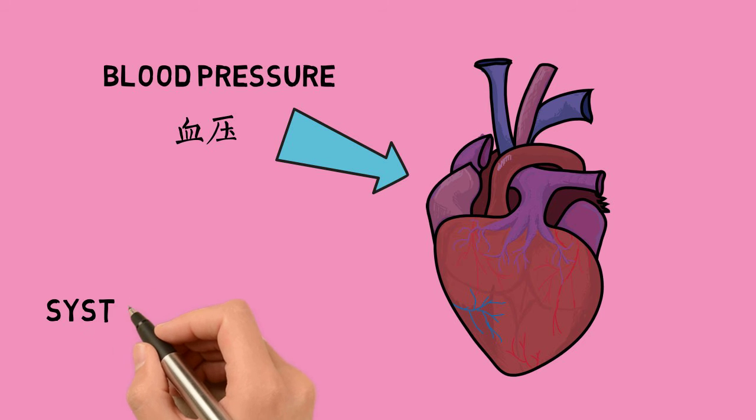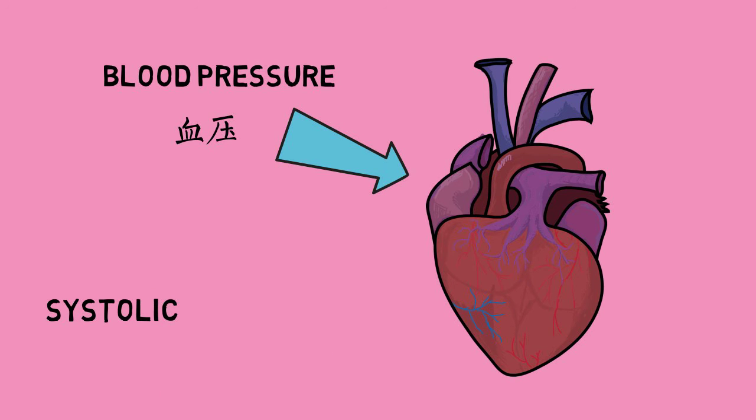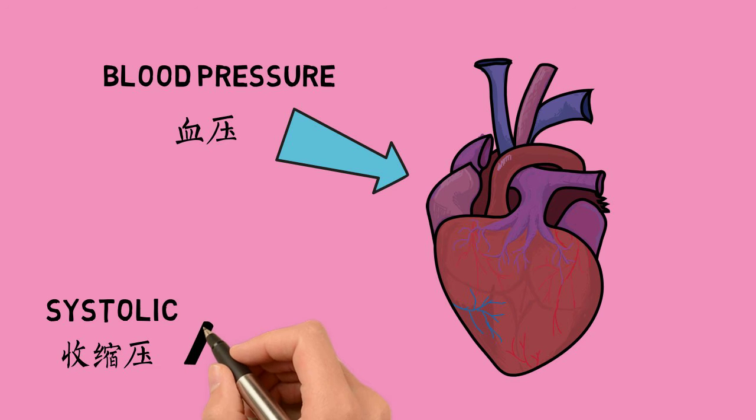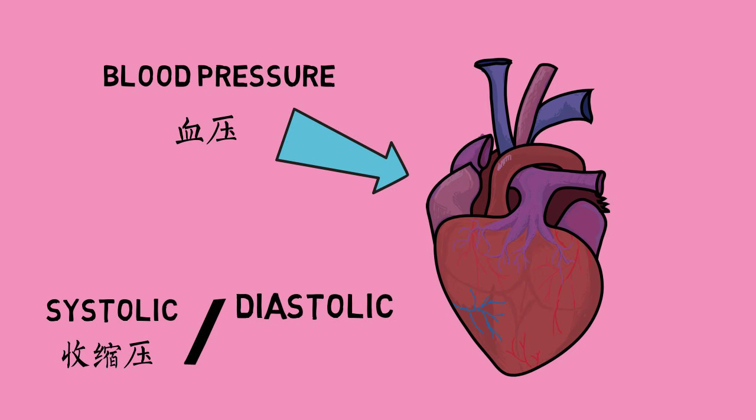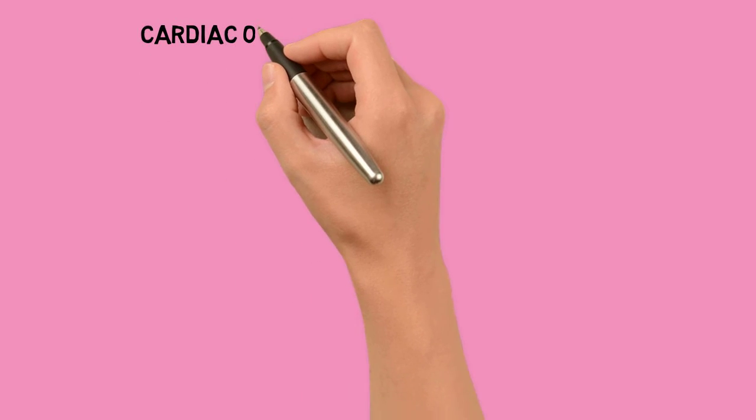A blood pressure reading is based on two measures called systolic and diastolic. The systolic, top, number is the measure of the pressure force when the heart contracts and pushes out the blood. The diastolic, bottom, number is the measure of when the heart relaxes between beats. The main influencing factors of blood pressure include